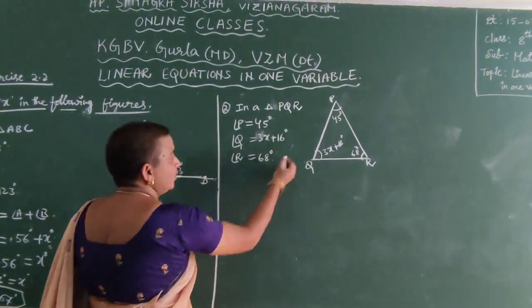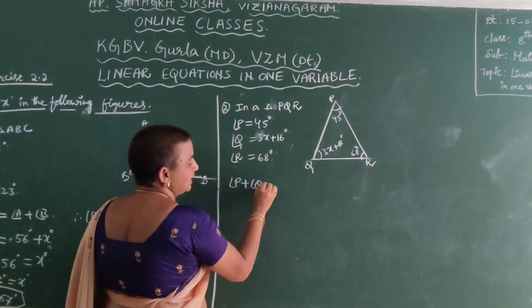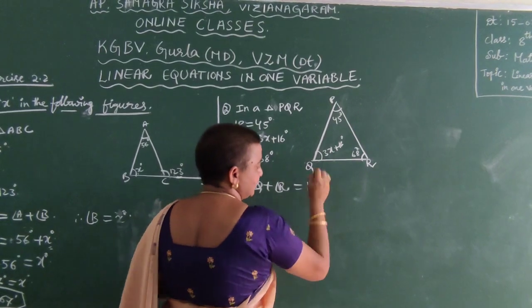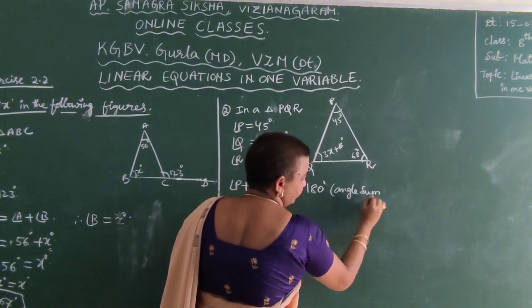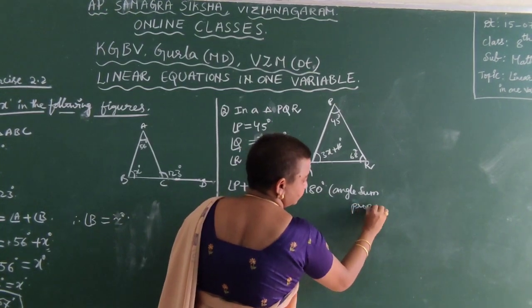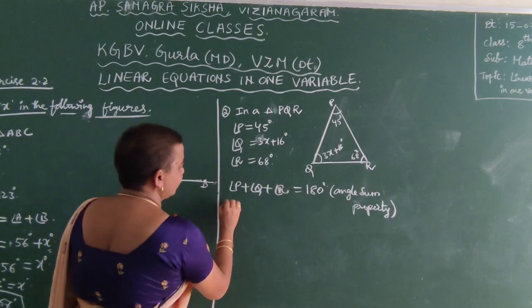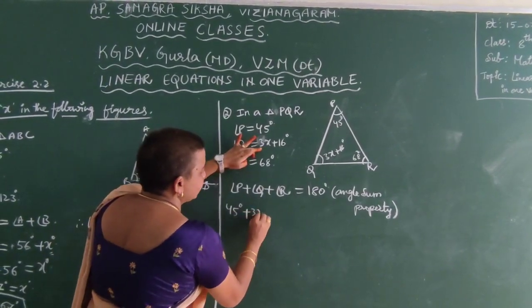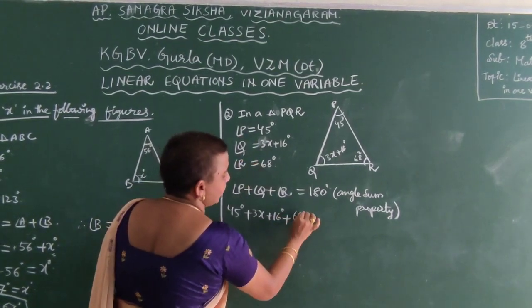So, angle-sum property: angle P plus angle Q plus angle R is equal to 180 degrees. This is the angle-sum property. So, angle P means 45 degrees plus angle Q means 3x plus 16 degrees plus angle R means 68 degrees